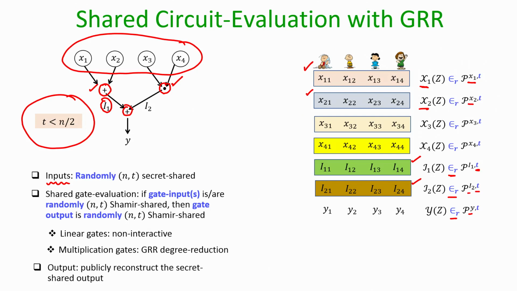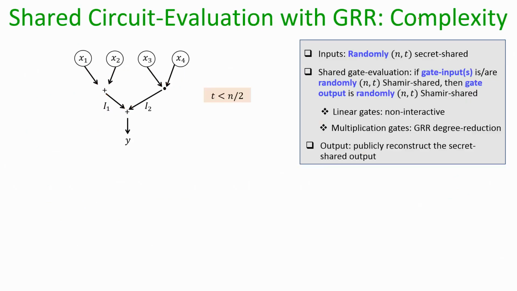For that, everyone can send their shares of y to just P 1. P 1 reconstructs this polynomial, gets back the function output y, and then relays it to everyone. Okay. So, you can opt to follow any of these approaches. That is the way a shared circuit evaluation will be performed, assuming you have the GRR degree reduction method. Right. So, now let us try to analyze the computation round complexity and communication complexity of the full shared circuit